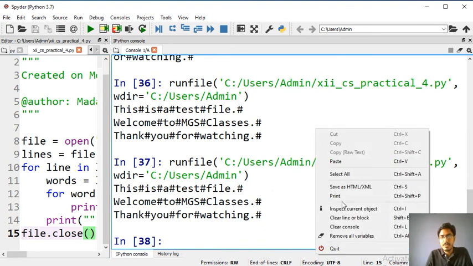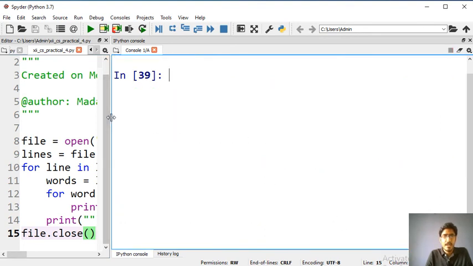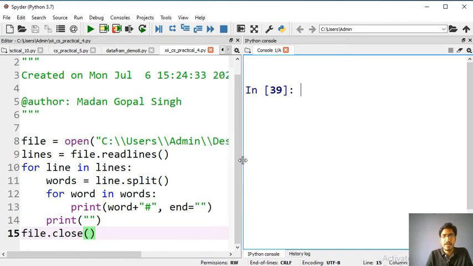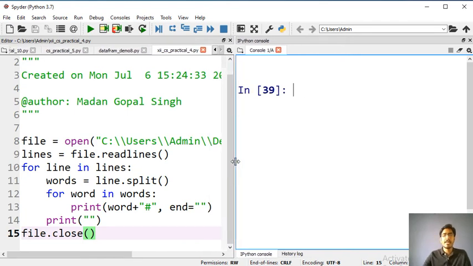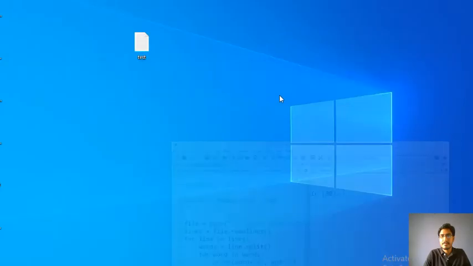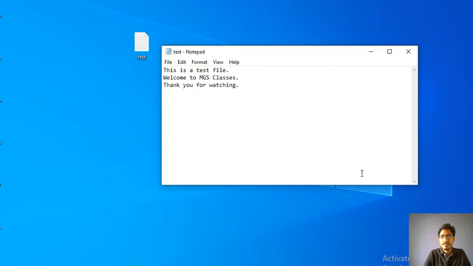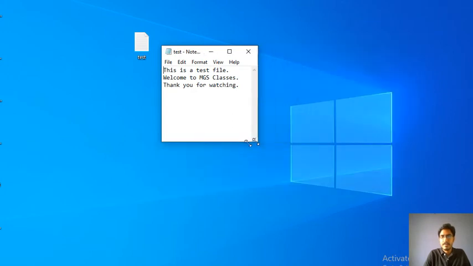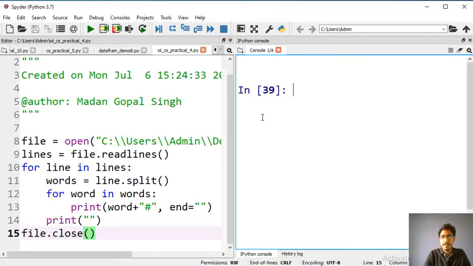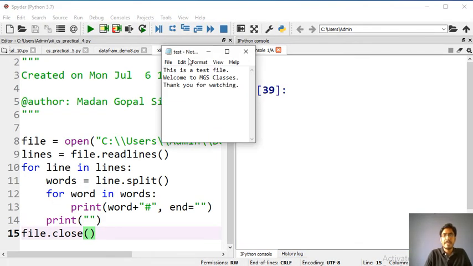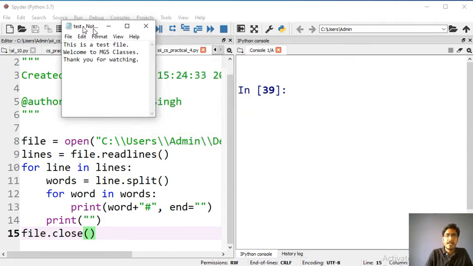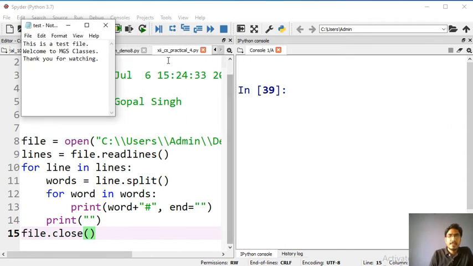I am clearing the console, and let me show you how it is going to work. You know what is there in the file, so let me open this file here. This is the actual file. Oh, sorry. We have this file, and let me show you how it goes.